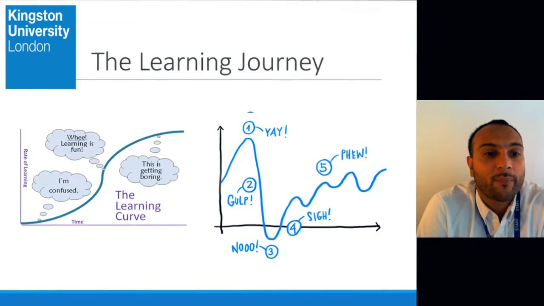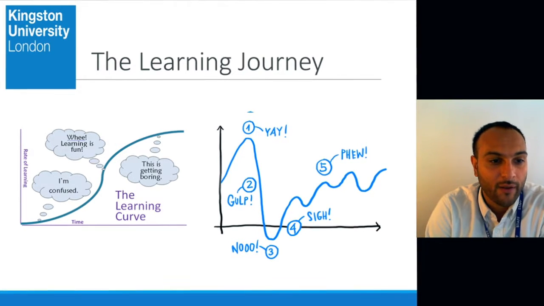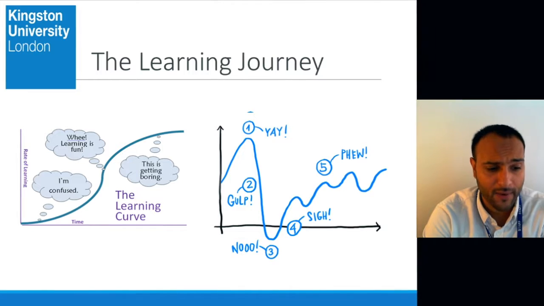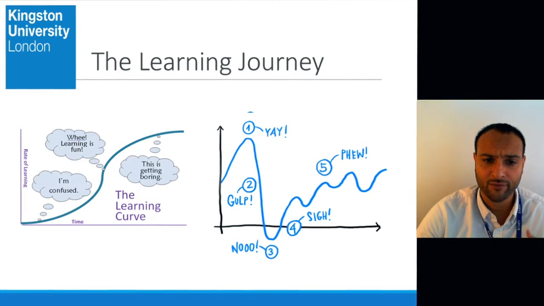And this is supported by, if we look at a learning journey, we know that often learning doesn't fall in a nice trajectory like the scale on the left. We know that actually learning can go through various stages. You can peak, you can plateau, you can go through real dips throughout that stage. And if you look at number 3 there, you can really get to a real low point.